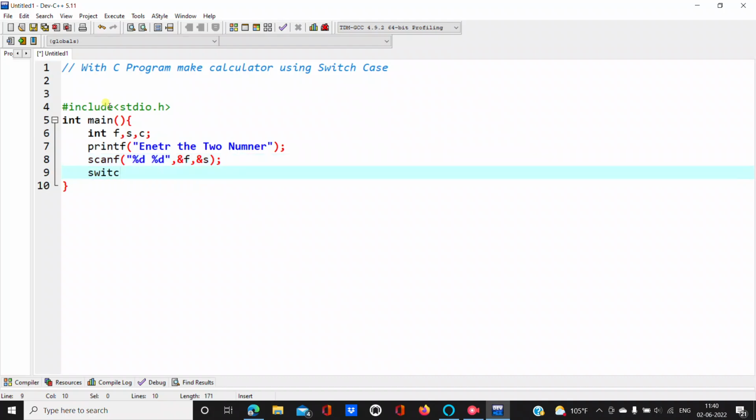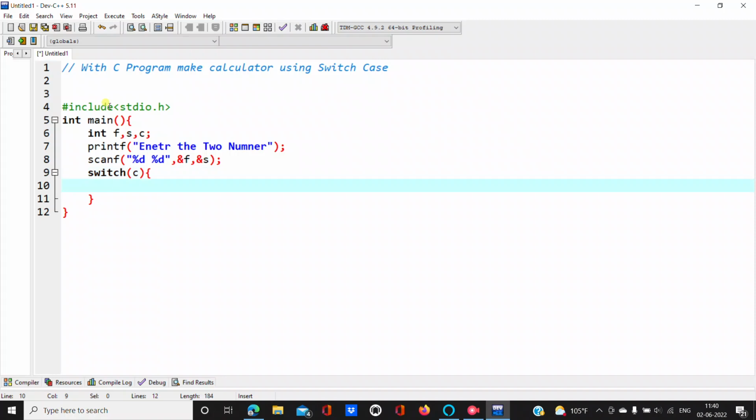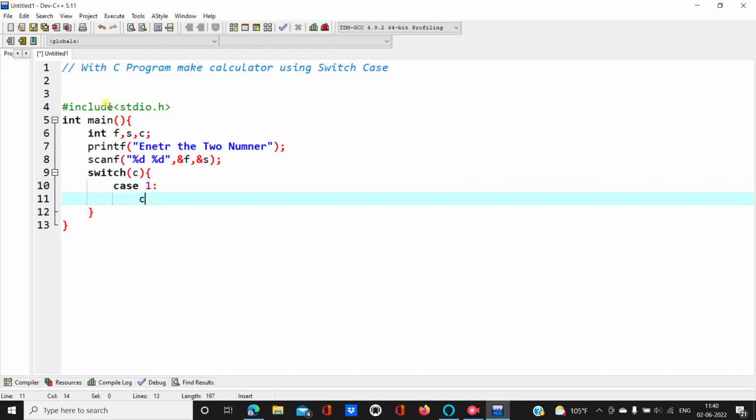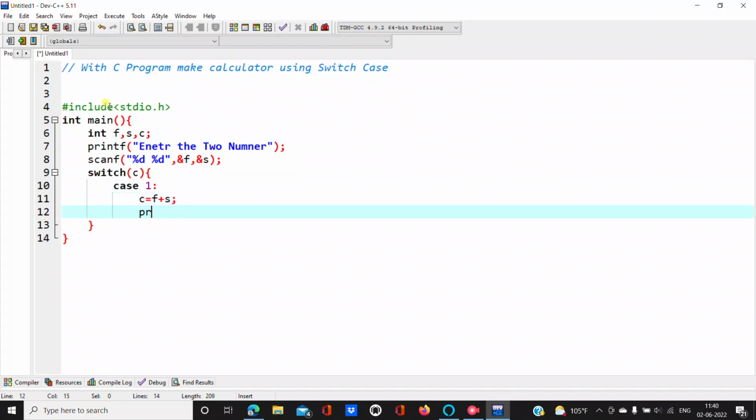Now here we switch (c), and here we write case 1: c is equal to f plus s. Now printf("Sum is equal to %d", c);